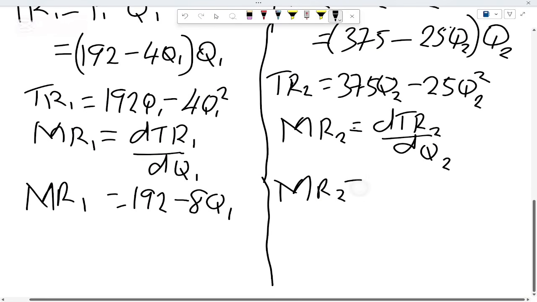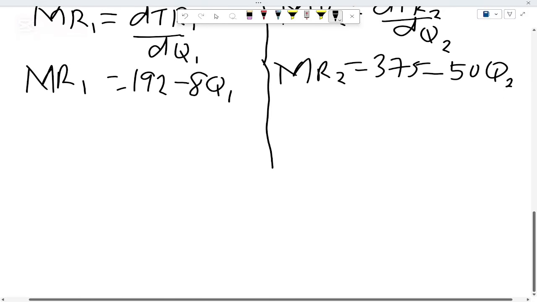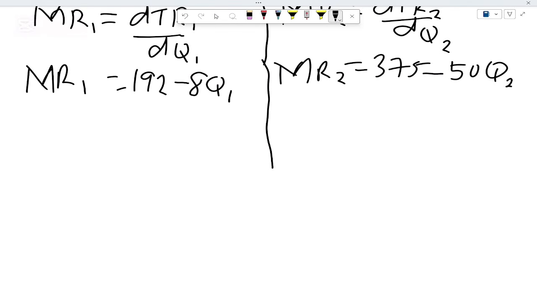MR2, you differentiate again, you are left with 375 minus 50 Q2. This is what you have. Now, why did we go through all this trouble? It is for us to determine the point of equilibrium. Now, the firm makes profit at the point of equilibrium, and this point has been theoretically